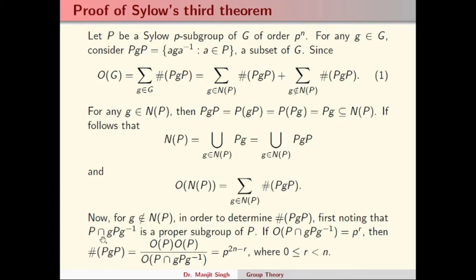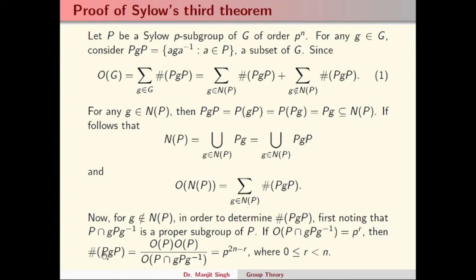So the order of this subgroup is also a prime power, p raised to power r, and being a proper subgroup it will be a proper divisor, a number lesser than the order of P. So r will be less than n, and therefore, as we have also discussed in the previous video, the order of HgK, where H and K both are P,